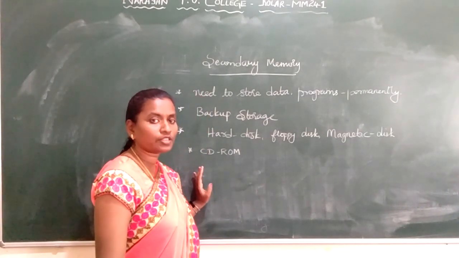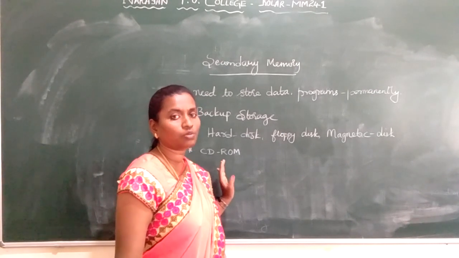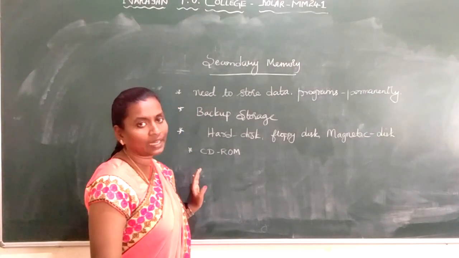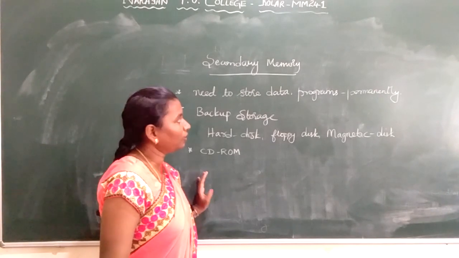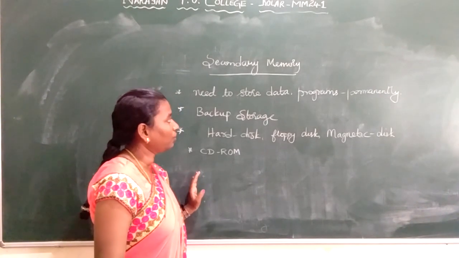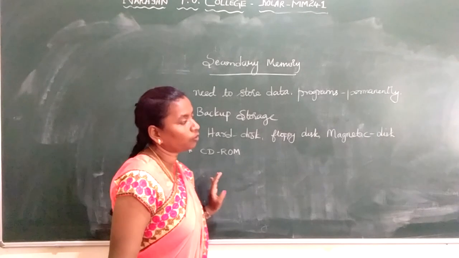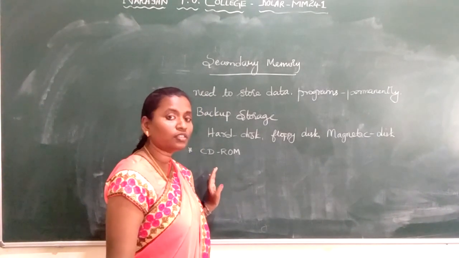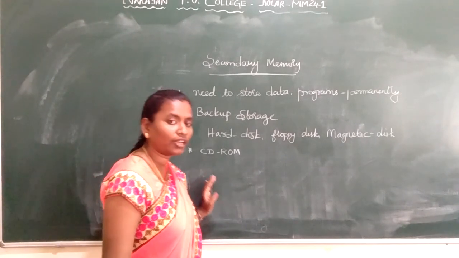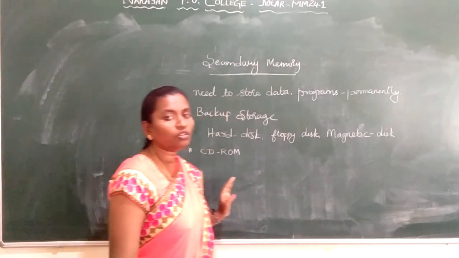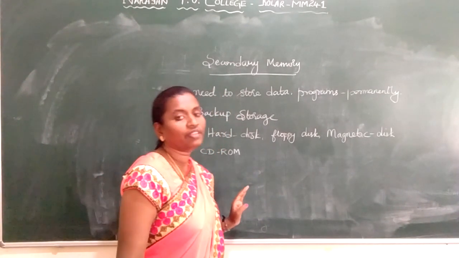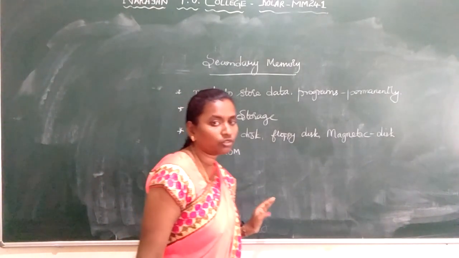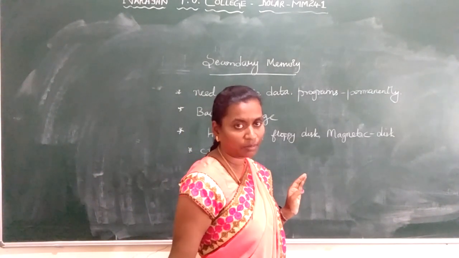I told you the data has to be stored in a storage unit or storage device for a long period of time. If the data has to be stored permanently, we need durability, which means we need to go for secondary memory. So we need to store data or programs permanently. That is the need for secondary memory. Also, the volume of data will be more. When we want to store a large amount of data, we cannot store that in primary memory. We have to go for secondary memory only.